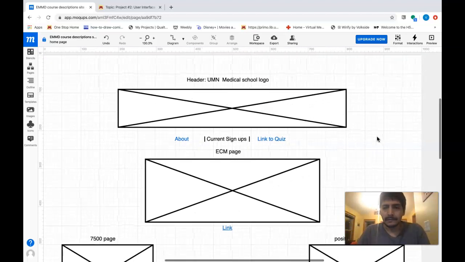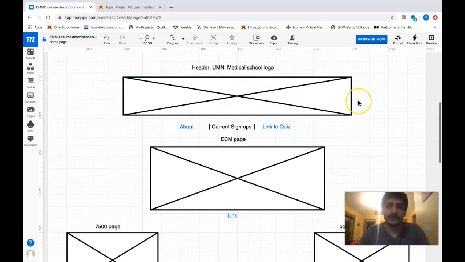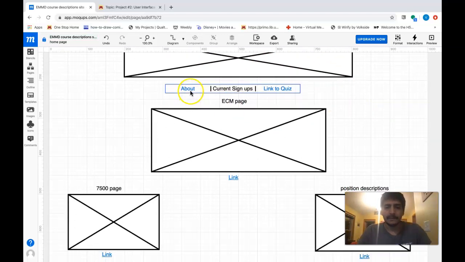So right here, I hope you can see my screen. Right here we have the home page. Right here is going to be the banner with the U of M Medical School logo. At the very top here is going to be the About section, which will be a link to the University of Minnesota Department of Emergency Medicine main